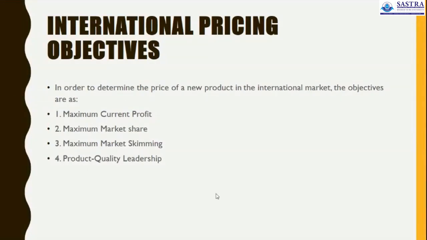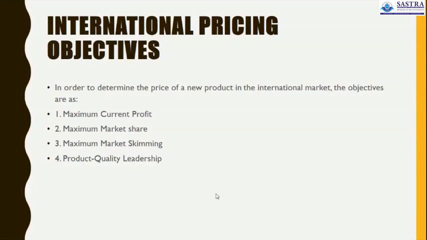So formulating a pricing strategy should be the feasible solution for a business organization to get more profit or increase its current profitability. That is possible on that aspect, so the pricing strategy will be the source. And the second important aspect is maximizing the market share, increasing the penetration of the product in the market. Thereby, the pricing strategies are decided accordingly.